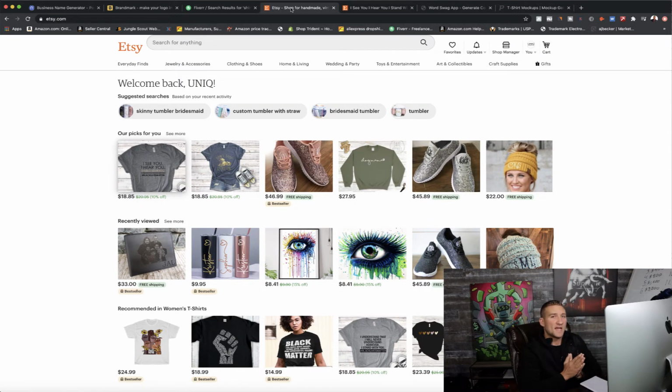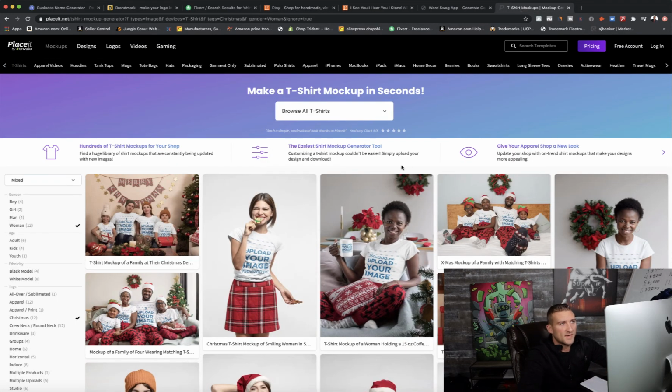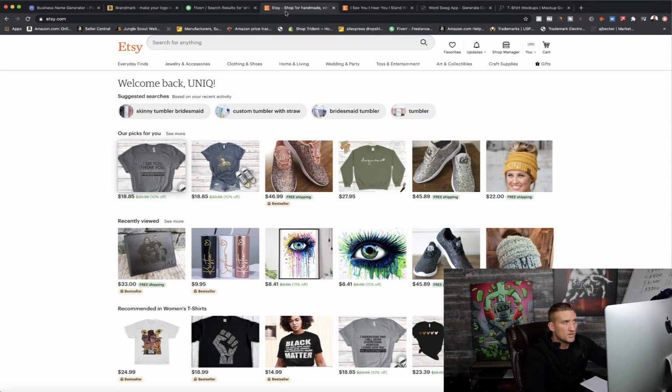Remember, you did not buy inventory yet. So you got designs, you got your brand name, you came up with some designs, you took these designs and placed them on shirts, whether it be in Placeit or another mock-up generator. This is just the one I use because it has a lot of variances for you to use. You'll put your products onto your own Etsy store, and once you start getting sales,